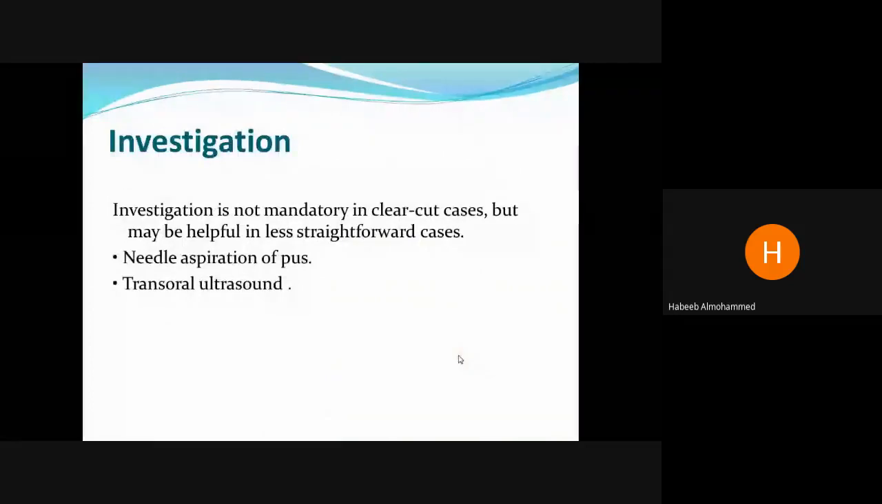Investigation is not mandatory in clear-cut cases, but in less straightforward cases, especially when there is poor or severe condition of the patient, you have to investigate. When you suspect extension of the abscess beyond the normal confinement of the peritonsillar abscess, you need to investigate the patient more. When you suspect more than one space involvement, especially in diabetic, immunocompromised and AIDS patients,